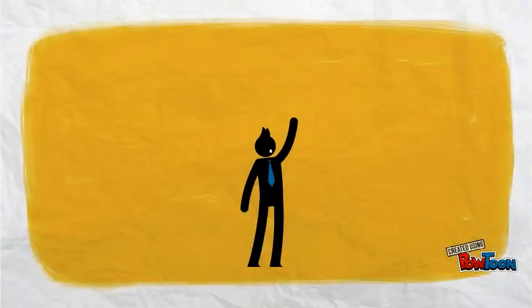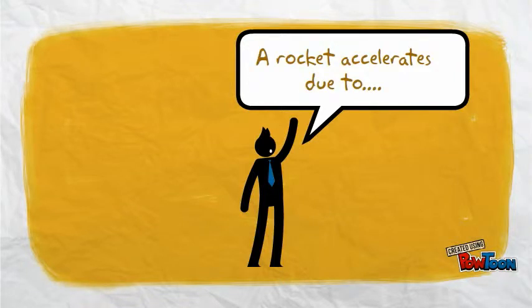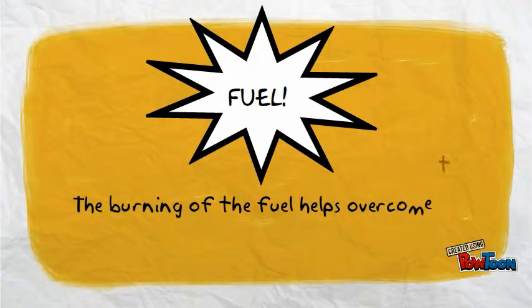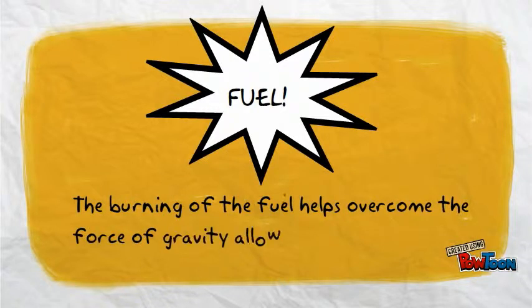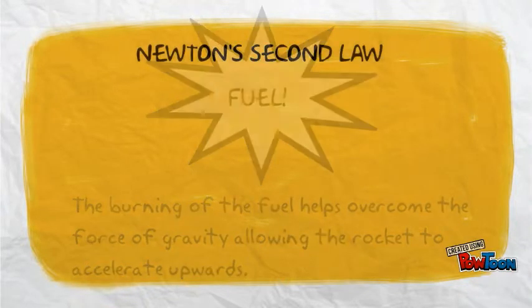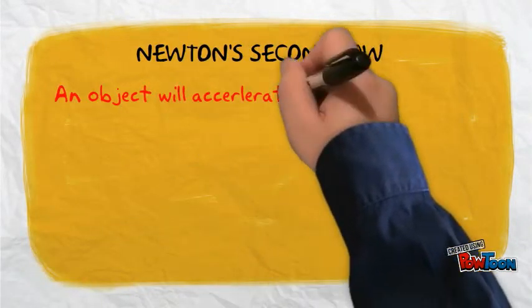Now let's look at the rocket when it's about to accelerate. A rocket accelerates due to fuel. Burning of the fuel helps overcome the force of gravity. In this case, the net force direction is upwards, so the acceleration is also upwards. This aspect of the rocket relates to Newton's second law, which states that an object will accelerate in the direction